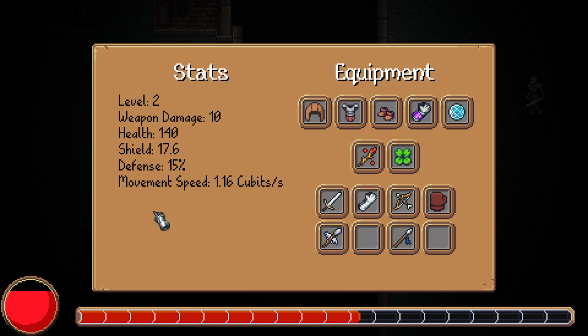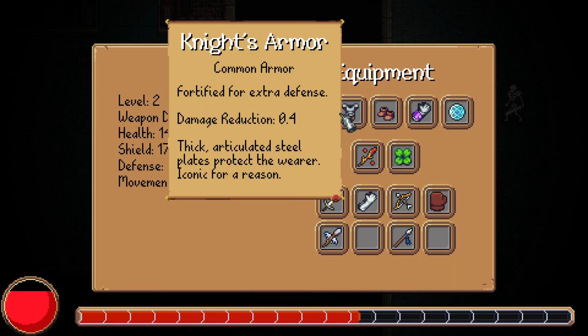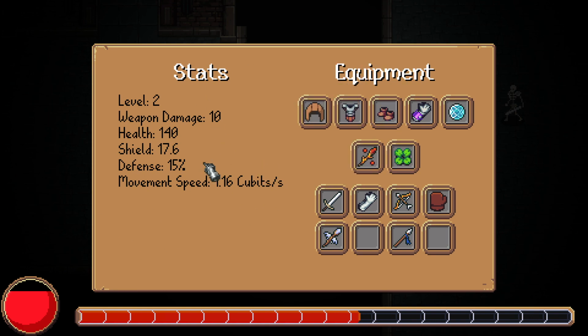So another thing I want to mention that occurred to me is that when you level up, you get these perks that are like passive effects. But once you have them, there's no indication of what you have and what you've chosen previously in the run. So I think somewhere in your menu screen here, you want to indicate which of these perks you have at any given time,